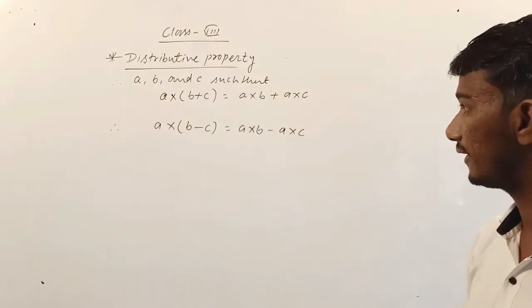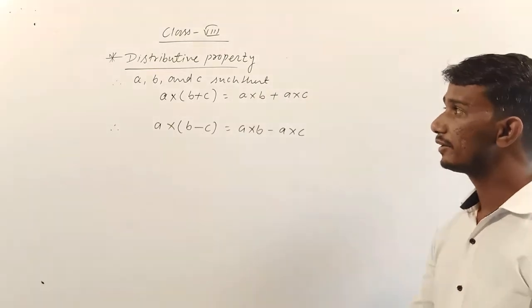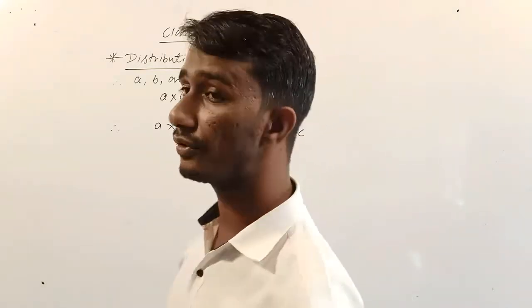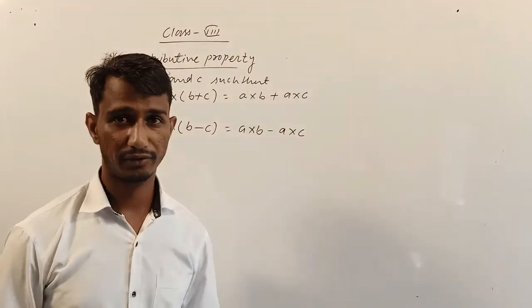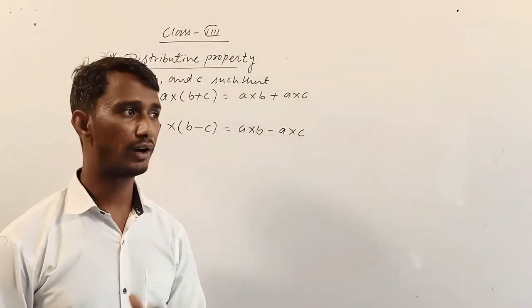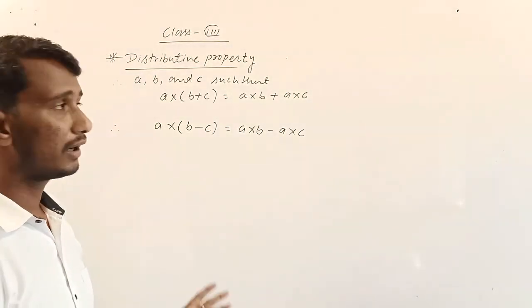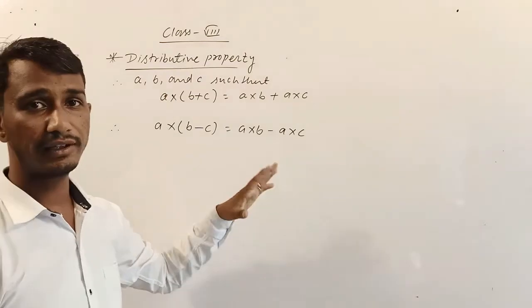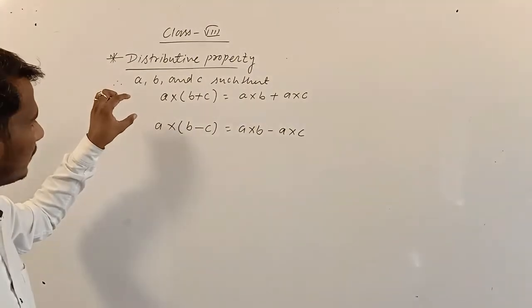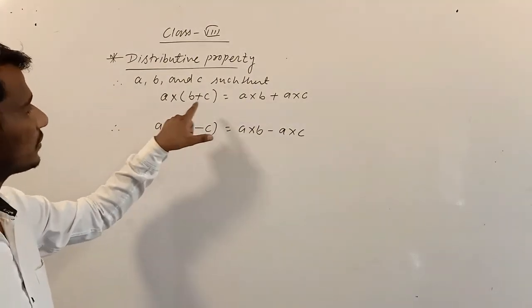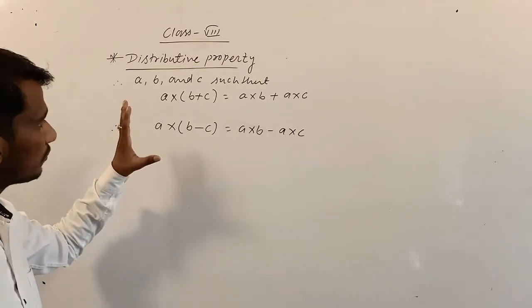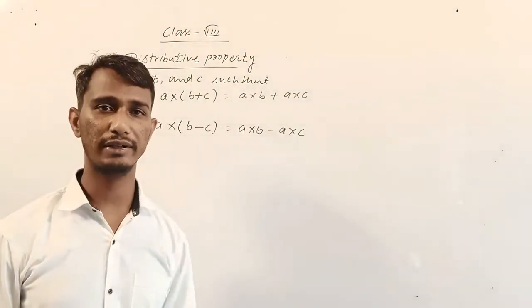I am telling you only one example, but where will we use this distributive property? Dear students, yesterday I also told you that to make calculations easy, we use properties. I will tell you how to use these properties, then you can get an easy solution. First, we will try to understand the concept of the distributive property, and first we check whether it is satisfied for all rational numbers.